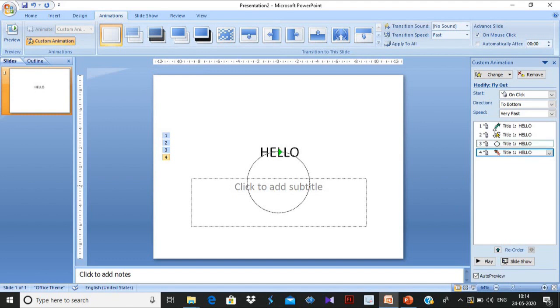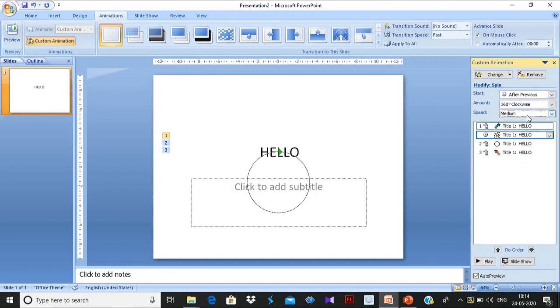Now options 2 and 3 are also there. Suppose in the second slide, this is start on click. You choose how you want your animation to start, by clicking or after the previous one. That means when the previous one finishes, it will automatically play the animation.